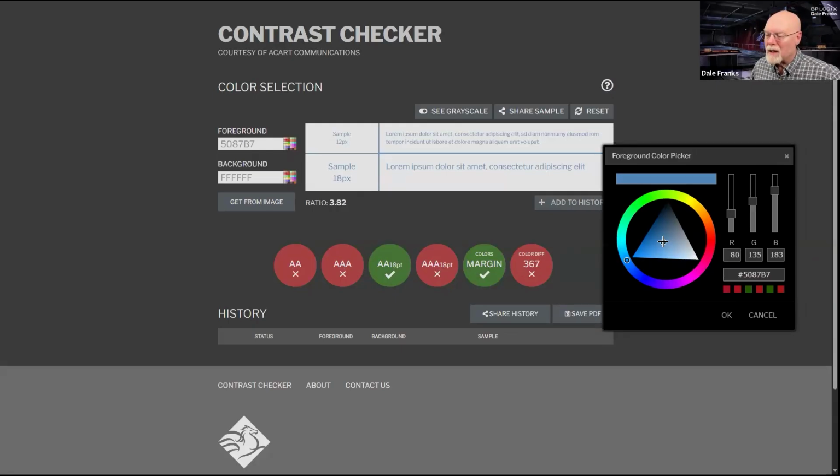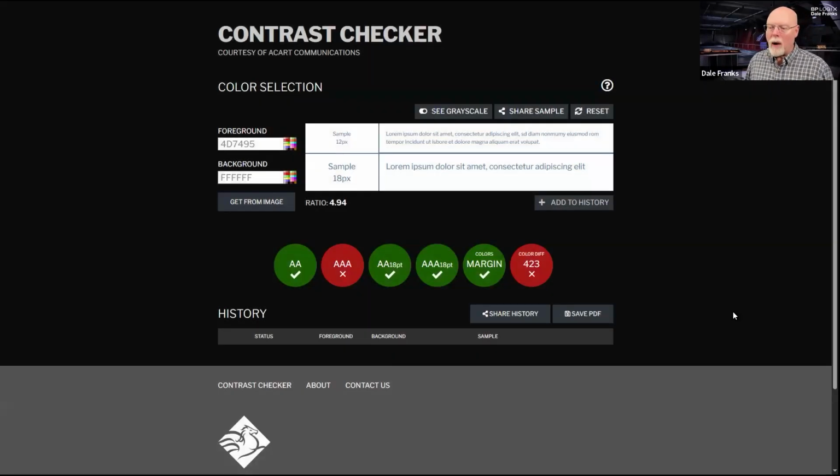So I can take this little slider here and push it up right to there, and that will give me a 4.94 contrast ratio between the foreground text and the background. This is double A compliant. We saw this little circle turn green and this little square turn green over here. So this is good enough to use as a foreground color for text when displayed against a white background.